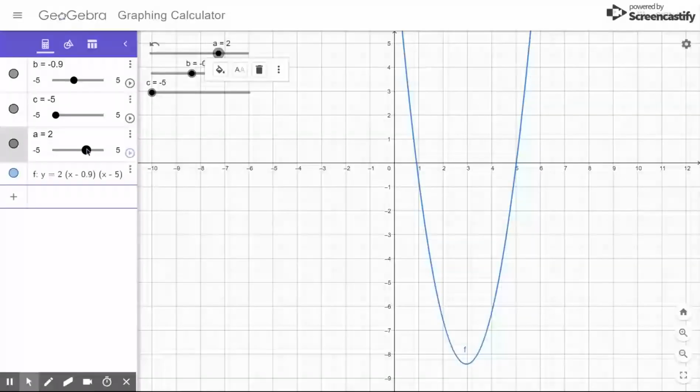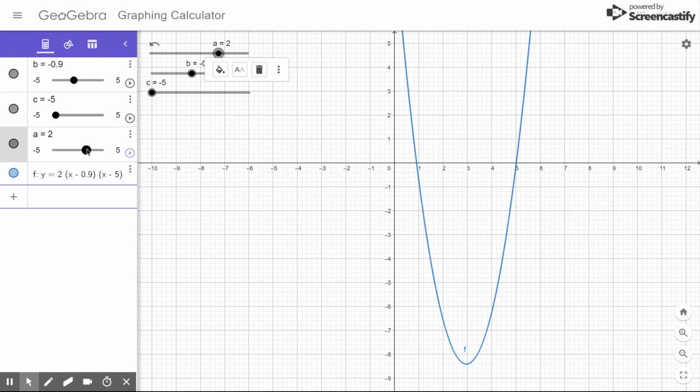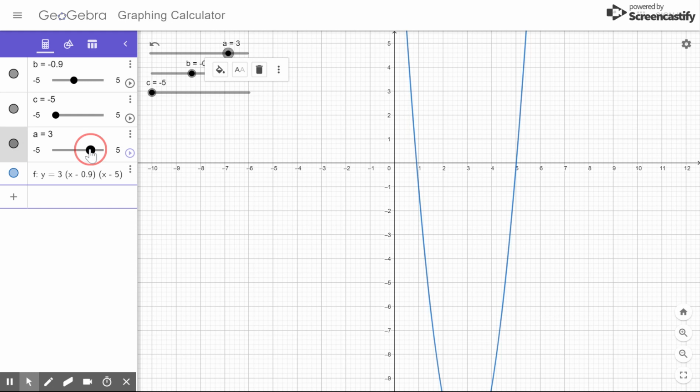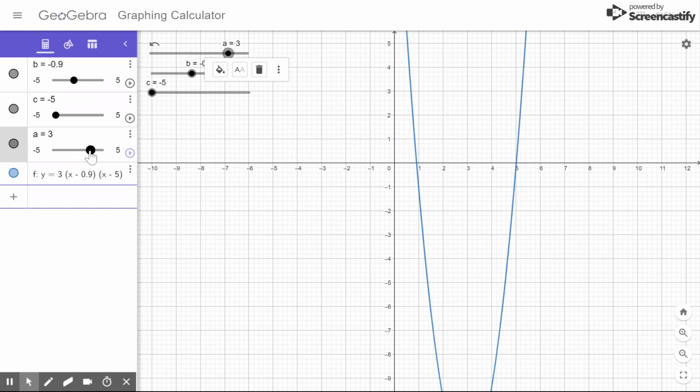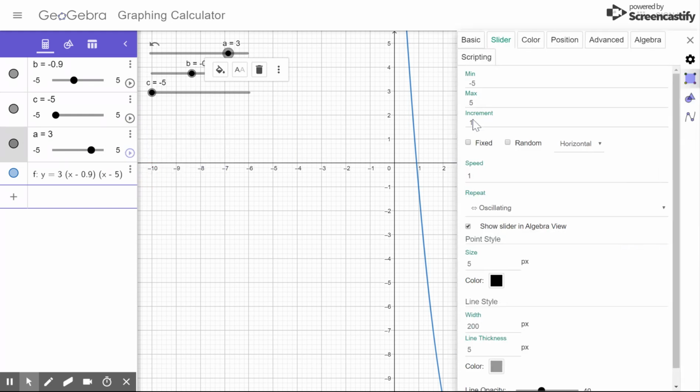Last time we were looking at stretch, we were looking at the completed square form, and it stretched from the vertex. This time, because we're looking at the factorised form, it's stretching from the x-intercepts, so those points stay the same, and the whole graph gets stretched or squashed from there. So again, exactly the same as we talked about on the completed square form. If I make that number bigger, it goes up quicker, so my graph gets stretched more. If I make that number smaller than 1,